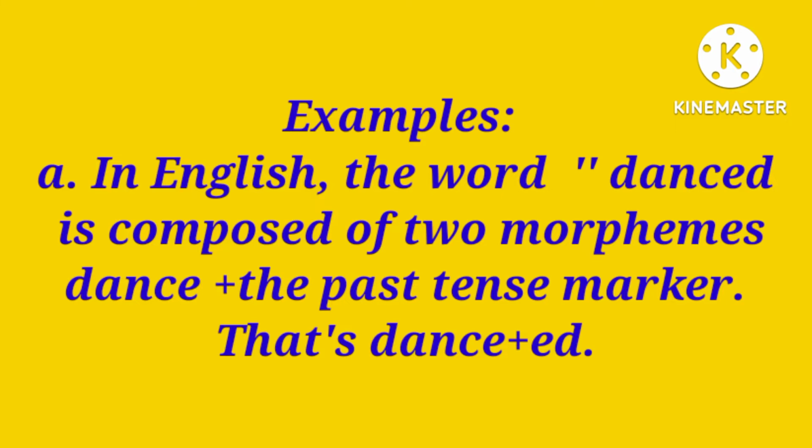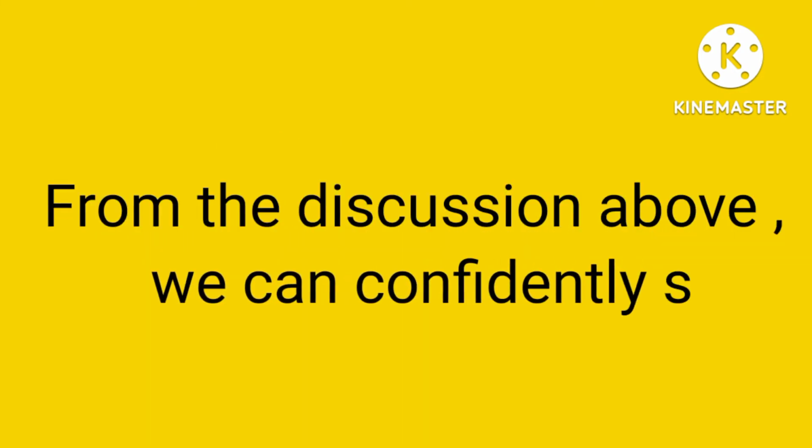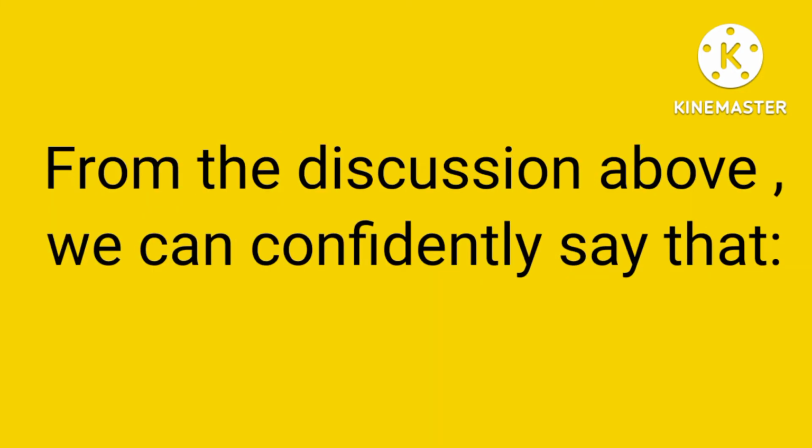In English, the word danced is composed of two morphemes, that is dance plus the past tense marker, that is dance plus ed. In the same vein, the word walked is composed of two morphemes, that is walk plus the past tense marker, ed. From the discussion above, we can confidently say that